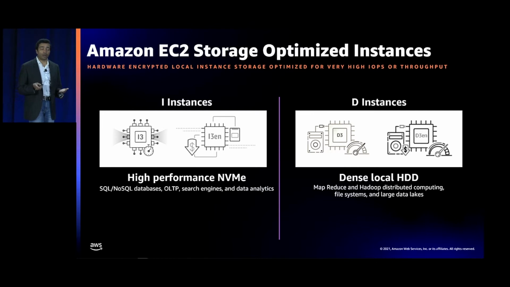When we talk about the I instances, the 2 major instances that we have today are the i3 and the i3en, and they are optimized for medium to large data sets for workloads such as NoSQL, traditional databases, indexing and search, and distributed file systems, which typically want higher storage performance and lower latency. On the other side, the D family instances are optimized for workloads with very large data sets and can benefit from high sequential throughput and very low dollar per terabyte of storage. So again, depending upon what your workload is and what kind of storage you need, we have all these choices available to you today.